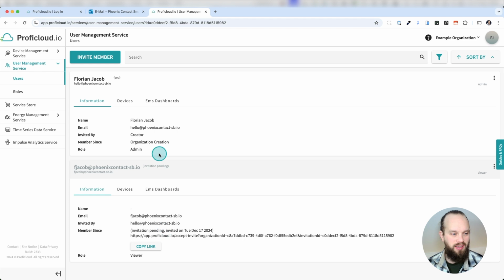As long as the user didn't accept my invitation, it will be visible in this area, but it will be grayed out, so I know that the invitation is pending, which you can also see over here. So what I could do now is copy the link, or I could wait for my email to arrive and simply accept the invitation in here. Every time a user gets invited to an organization, he will automatically get an email. If you are fighting with your corporate IT structures, that could also be the case. You can always copy the link within the user and send it via direct message to your colleague or to your customer to make sure he will get the invitation.